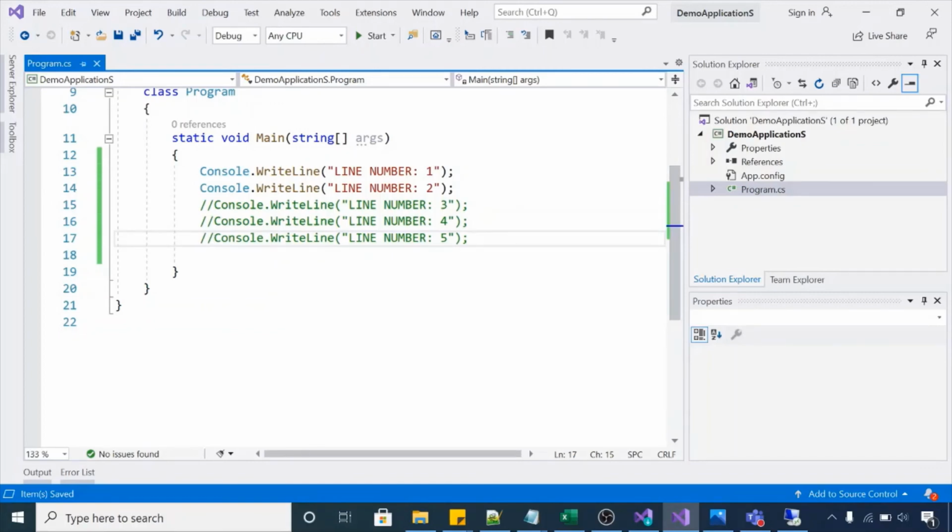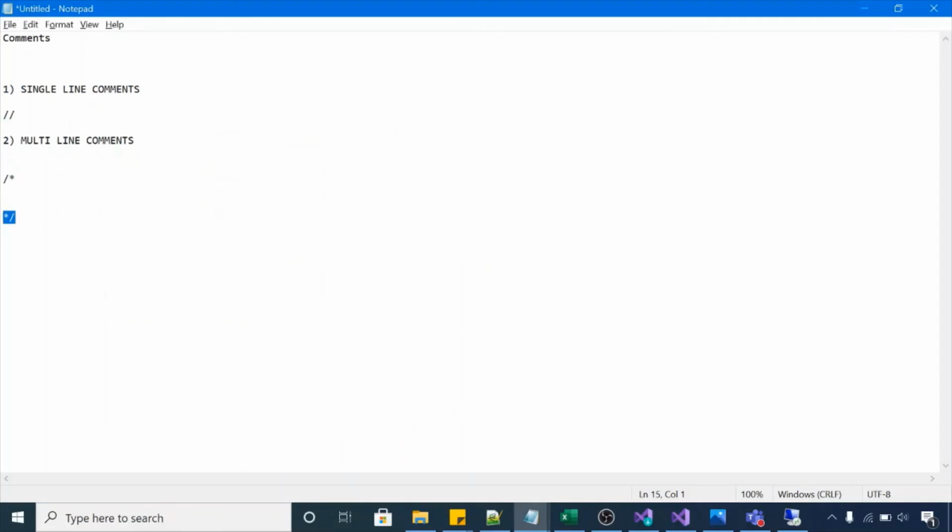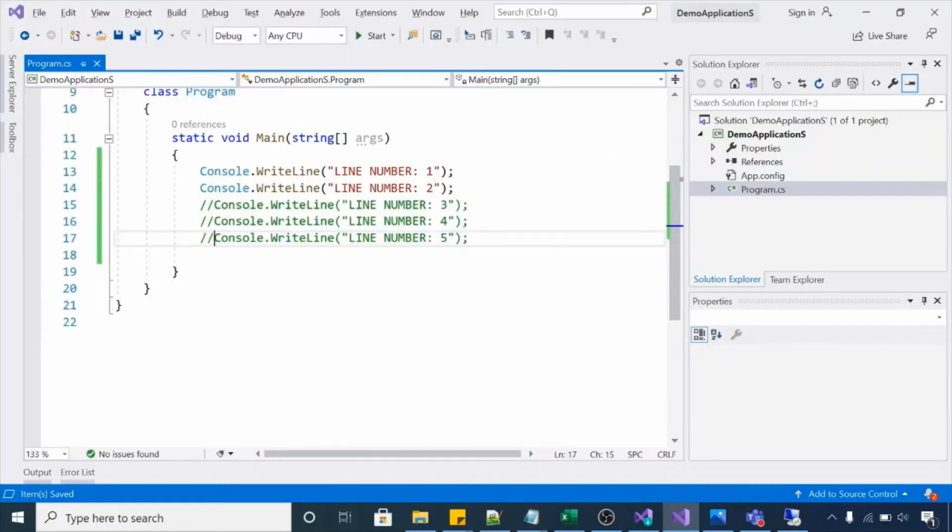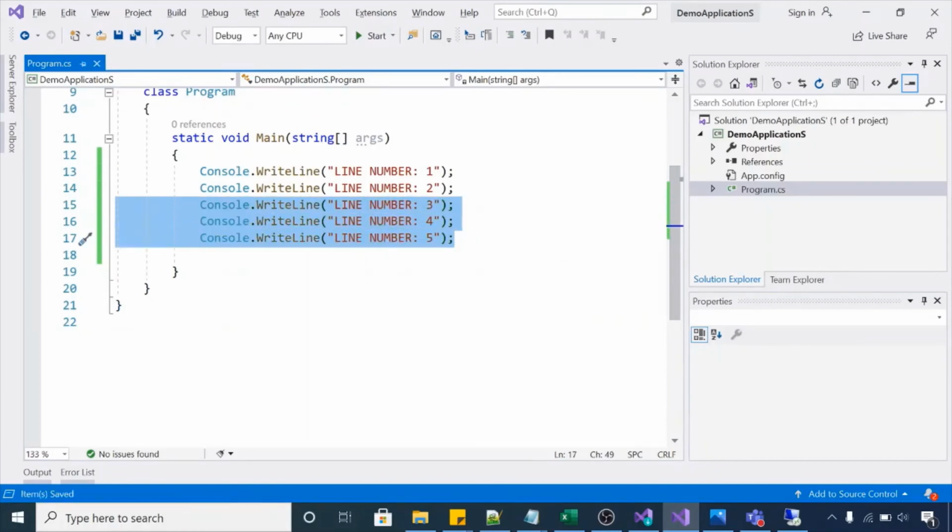To do that we have multi-line comments. You just have to put this opening statement at the start of that code and this closing statement at the end of that code. So if I have to comment these 3 lines, let me put some more lines here.